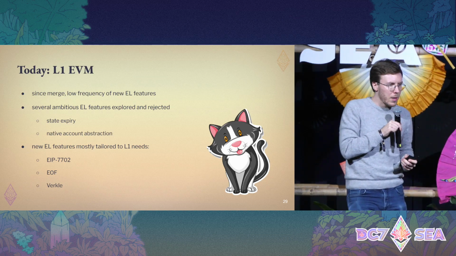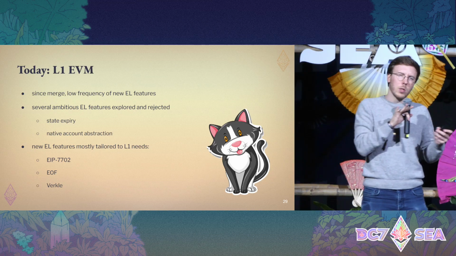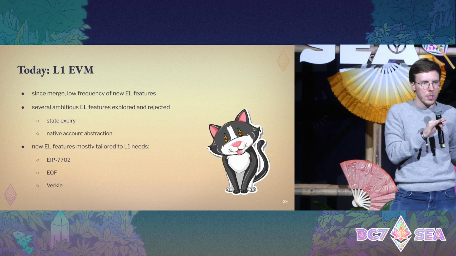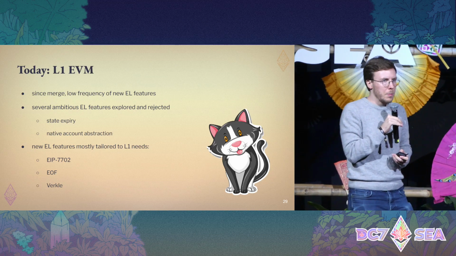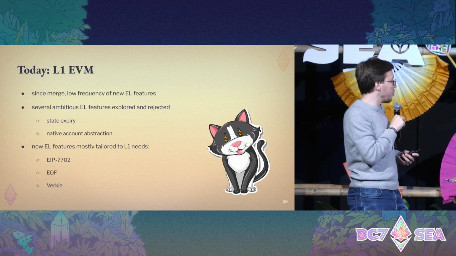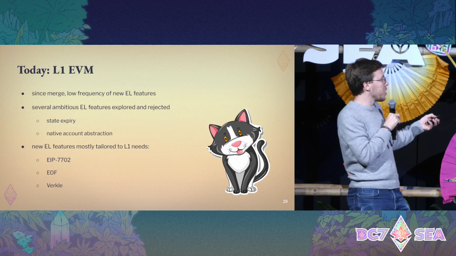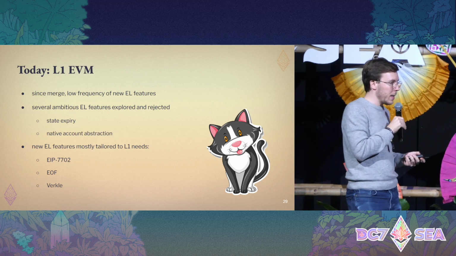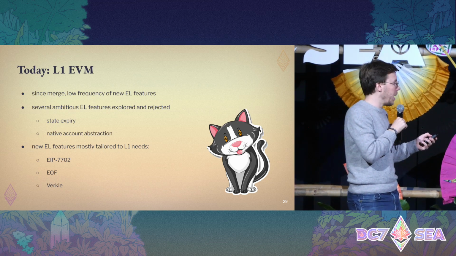And then a little bit further down the road, something like Verkle trees. It's not 100% decided if it's quite going to be Verkle trees or some variant of it, but basically that is in the pipeline, but it will take several years to arrive. And it's very much something that primarily is interesting and nice for the L1.